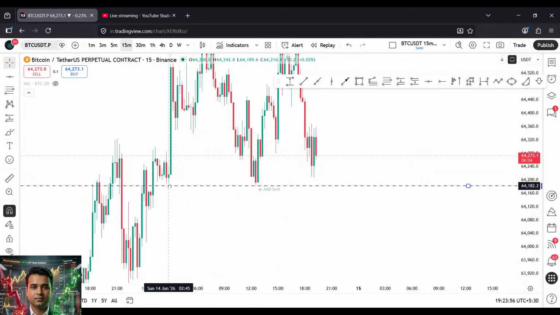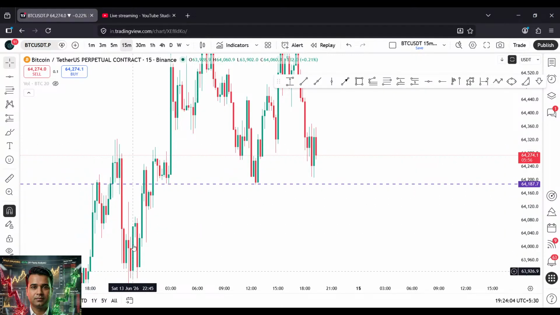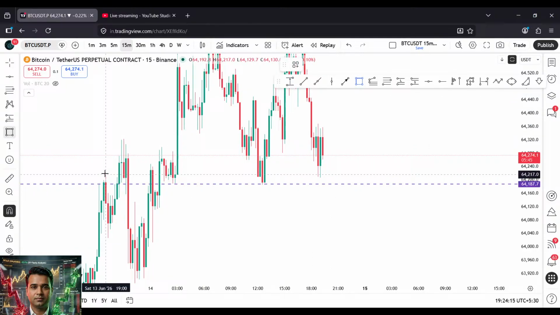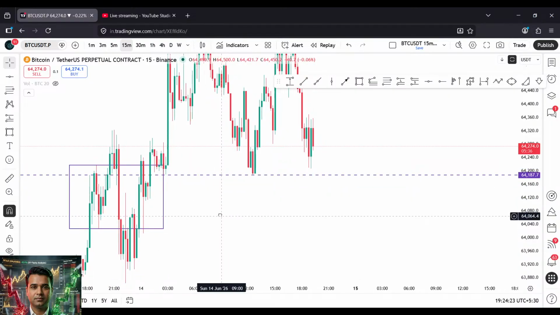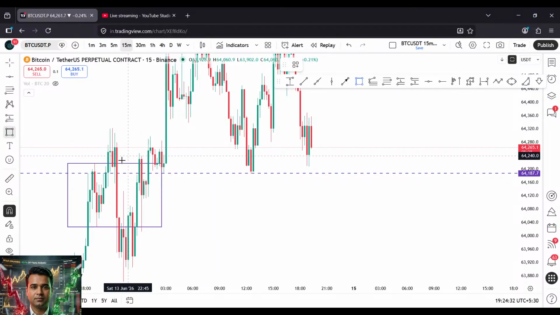So we will shift it here like this, and if you look at this, price goes up, comes down, goes up, comes down again, and goes up. That is minor and that is major. So if we draw this one, that is, so the minor and this one is major. After the minor,